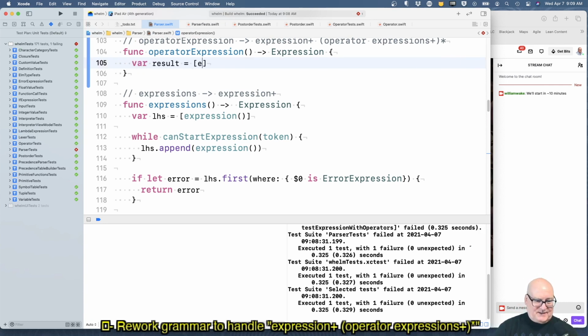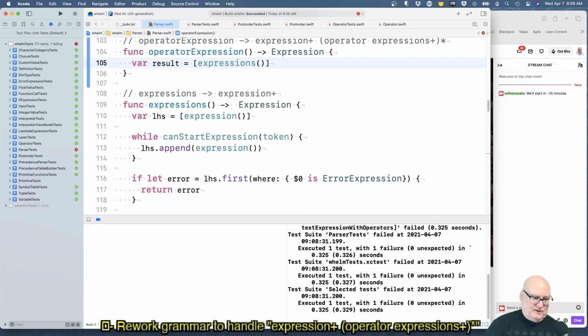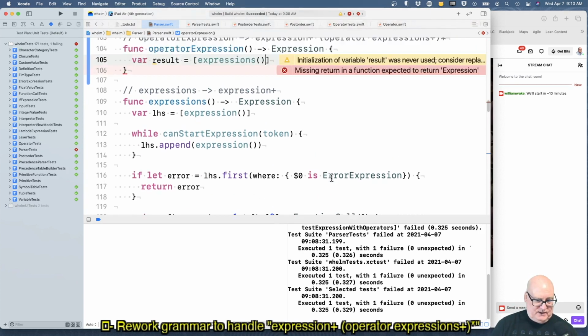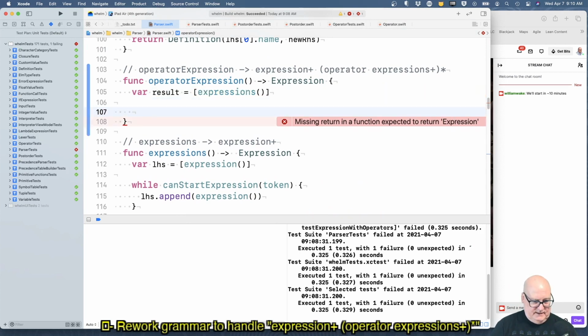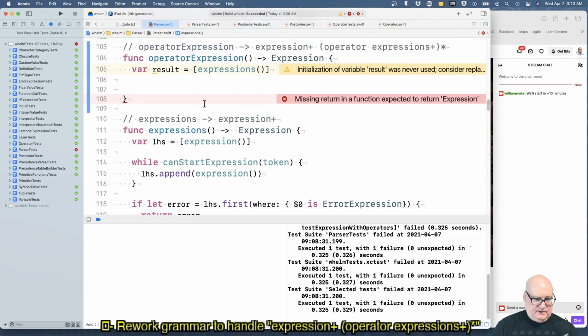Okay. So it's going to be similar. We're going to parse expressions this time. So the whole thing could be a 3 or it could be a function call. Okay. And at the end, we're going to wrap it in function call and return it.